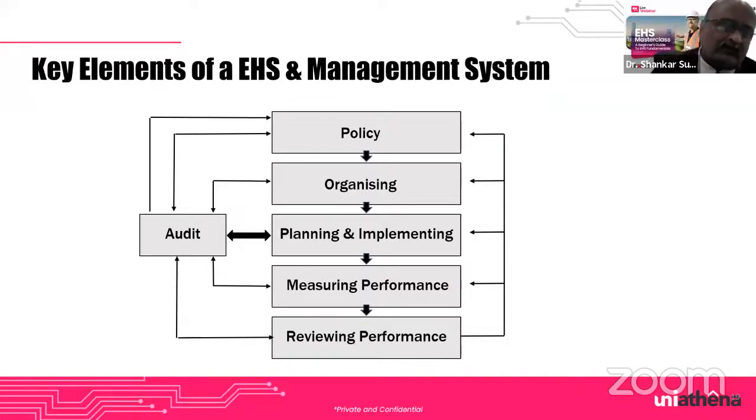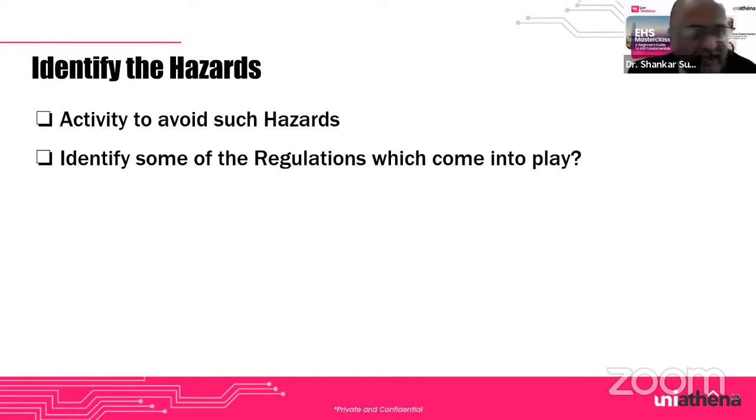Every time it's inspected. If you look at the whole thing, it goes in a circle, and everything comes back to the beginning. So it's a continuous improvement process, which is advised by most of the consultants and most of the people who are aware of this. Next is to identify the hazards and the activity to avoid such